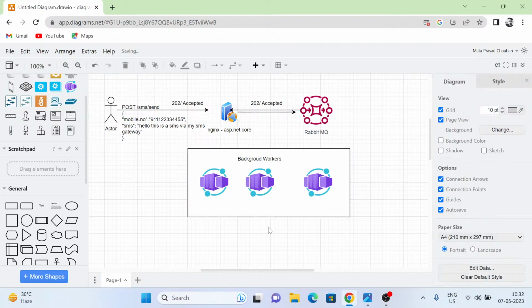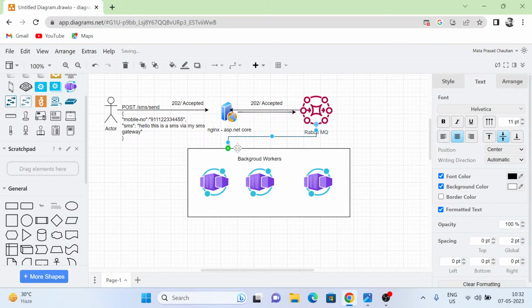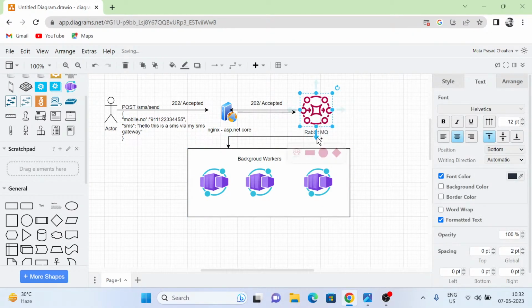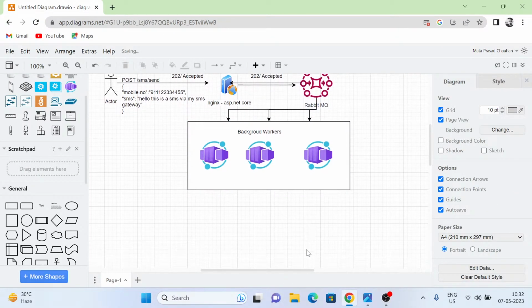We can group it. Okay, so these background workers will fetch the messages from here. Yes, parallelly they will fetch messages. And here they will do the basic processing. So the core logic will be something like